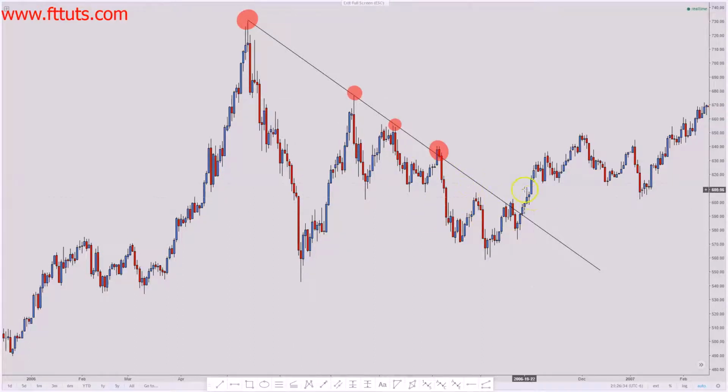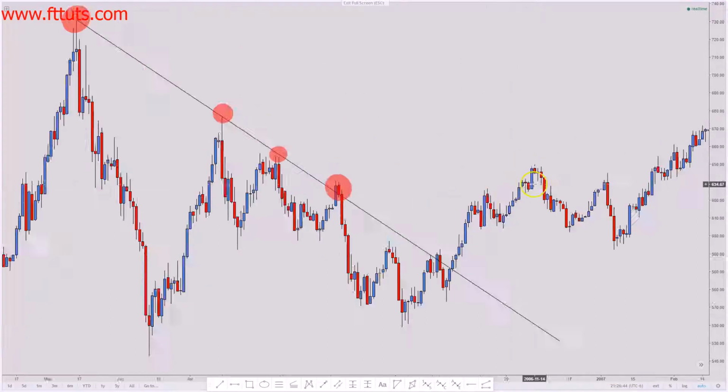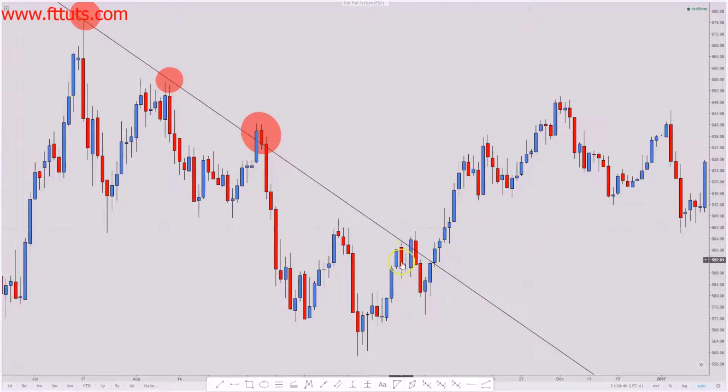wait for breaks. If I'm not trading with the trend, let's say I'm not shorting the market, all I do is wait for the trend line to break, and then I'll start looking to go the other way. So what you would like to do, when you get a break of this, is wait for a retest on the trend line and then take it long.